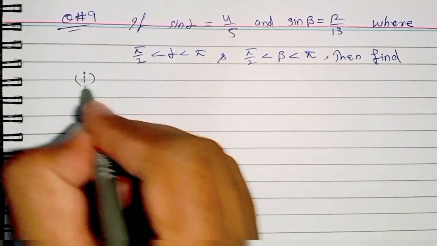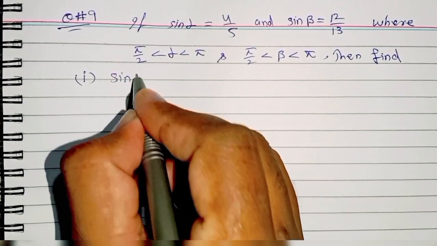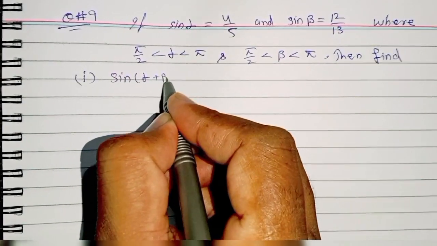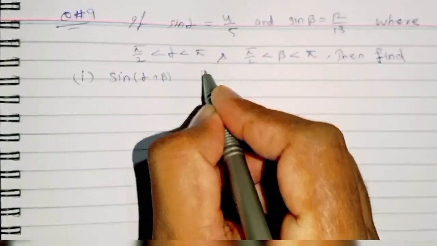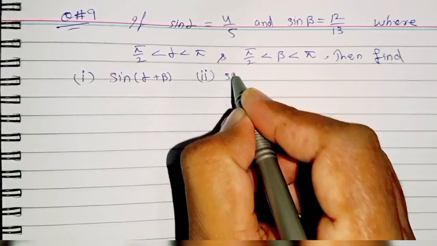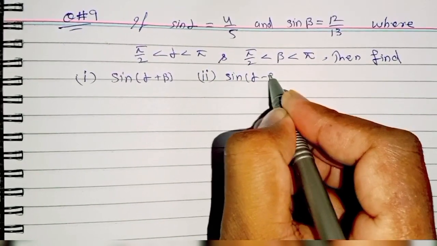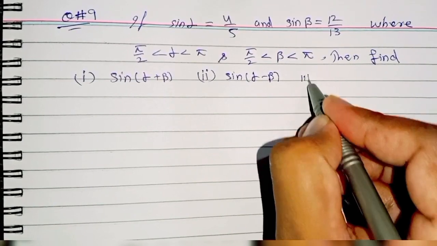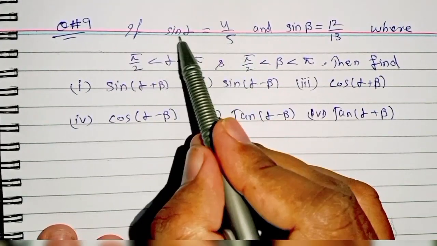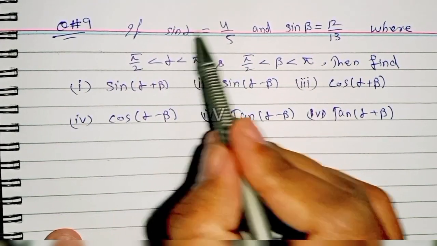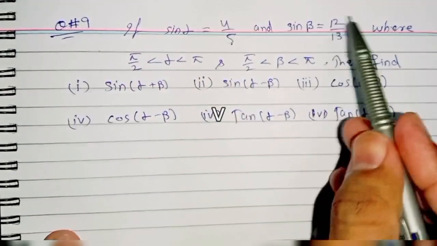part number 1, sin of alpha plus beta. Part number 2, sin of alpha minus beta. Part number 3,